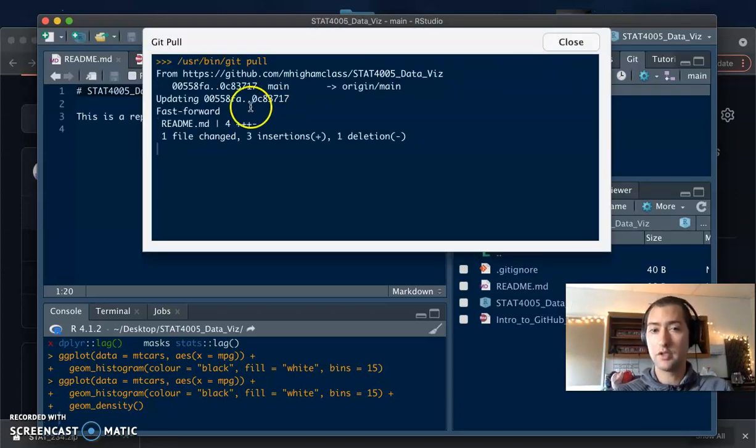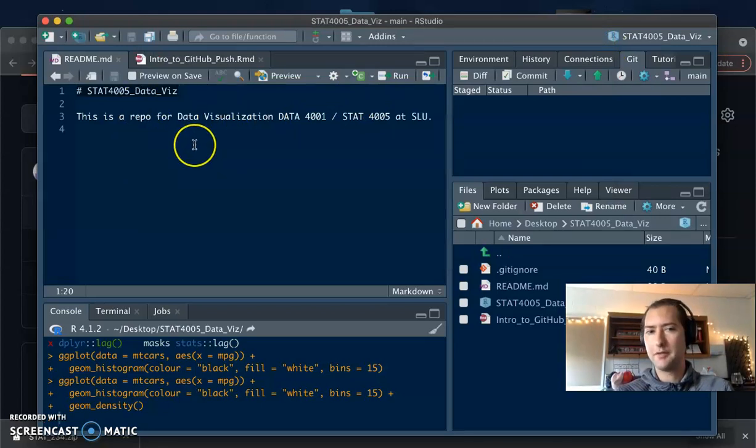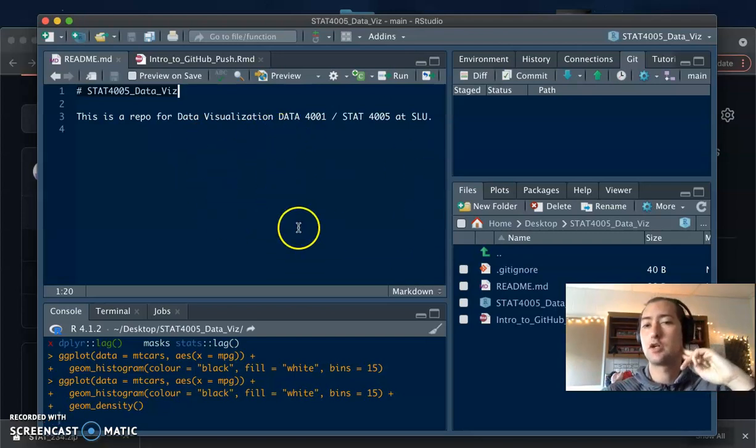So if you click pull, it'll tell you that it's updating. It'll tell you what it's updating, so the README file, and you'll see the README file update. So it's a way to kind of work back and forth, but most of the time you'll be working from RStudio and then pushing. I will mention that you'll be pulling a lot too, but usually you will be pulling comments that I make on your project that I push to your repository. We'll talk about that more later, but